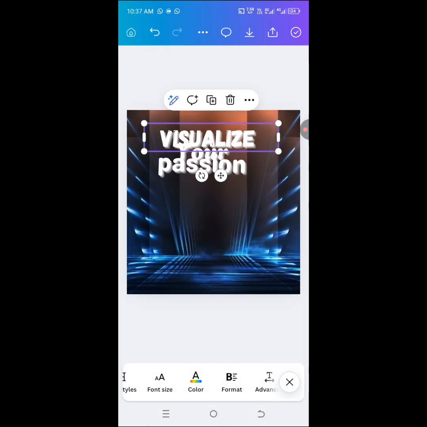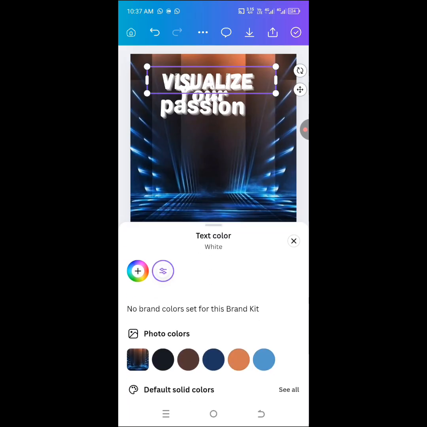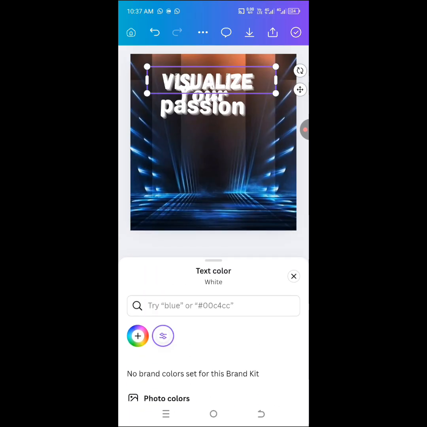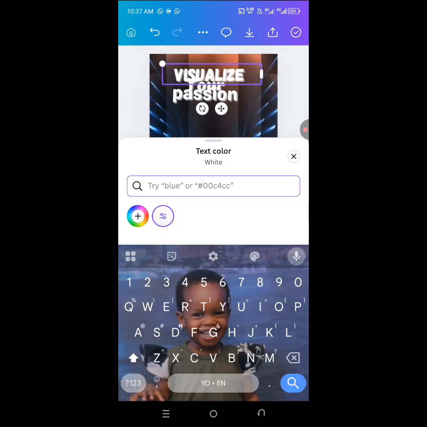Don't forget I told you that this color and some little things, I actually asked AI to help me with. Don't forget that you can ask questions from AI so that it can help you to give more professional design. So and then this